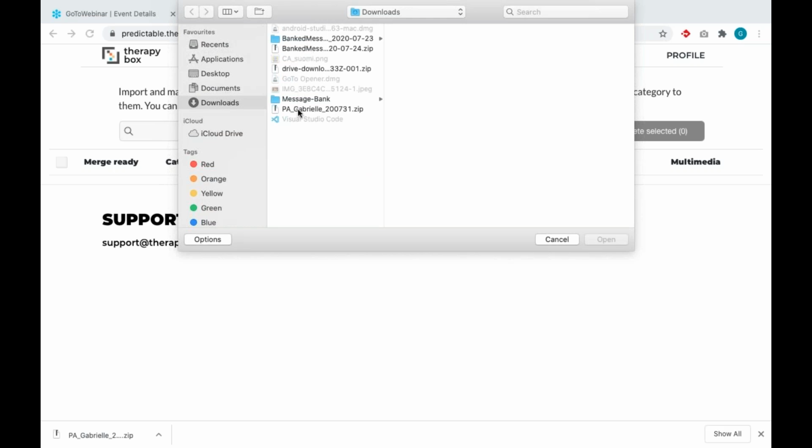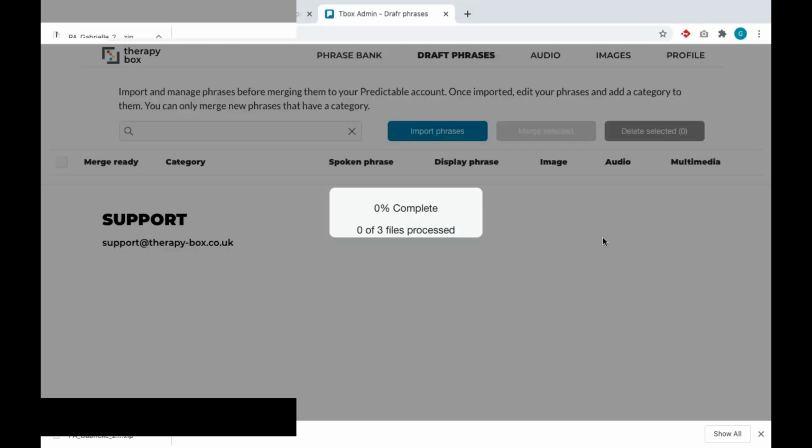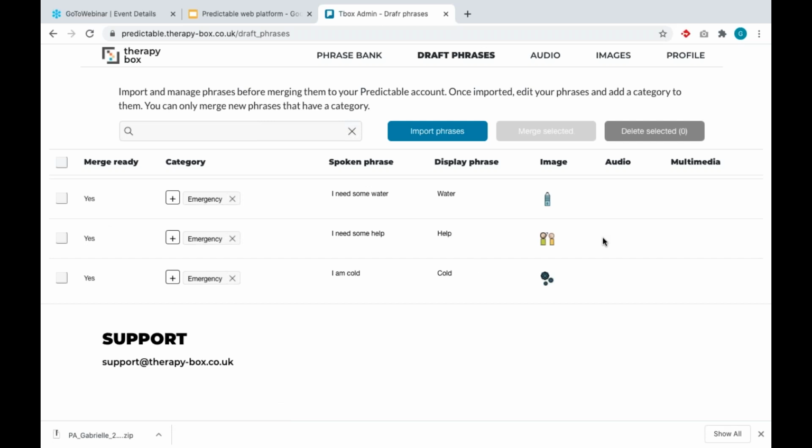So it's PA Gabriel, open. And now I can see these three phrases that I created previously from Phrasebank. I can see them here.